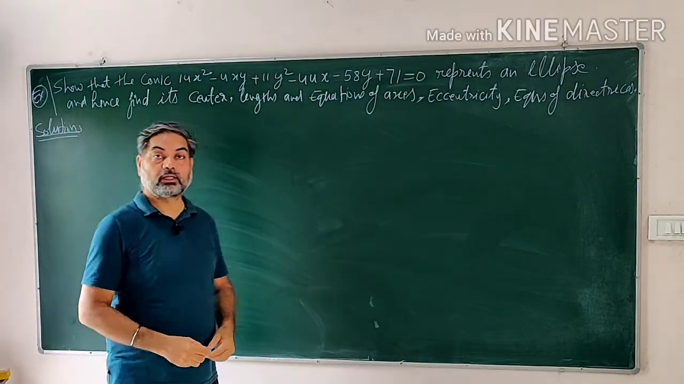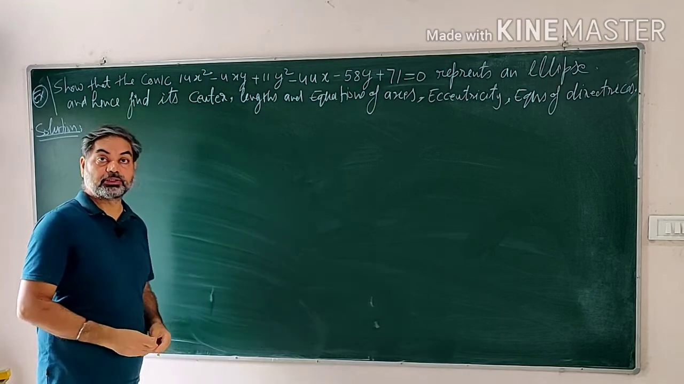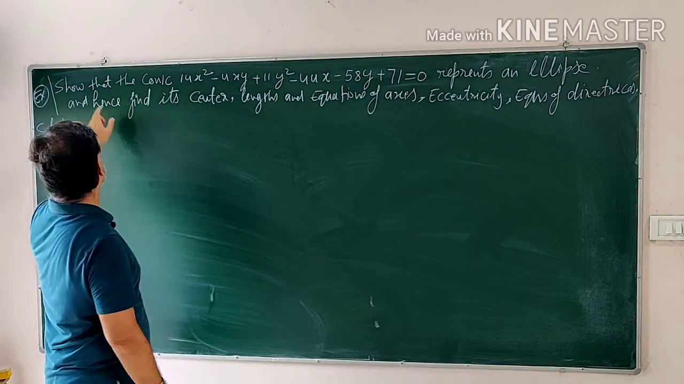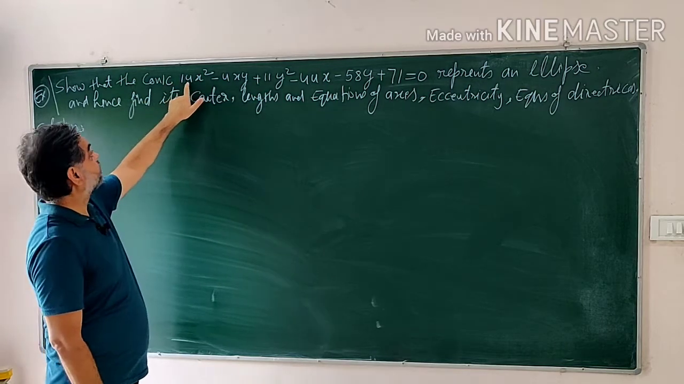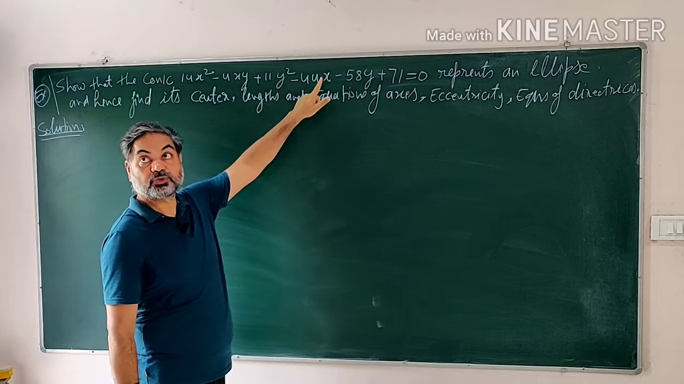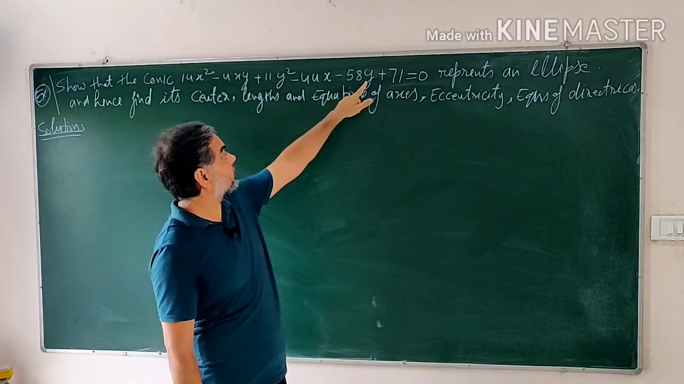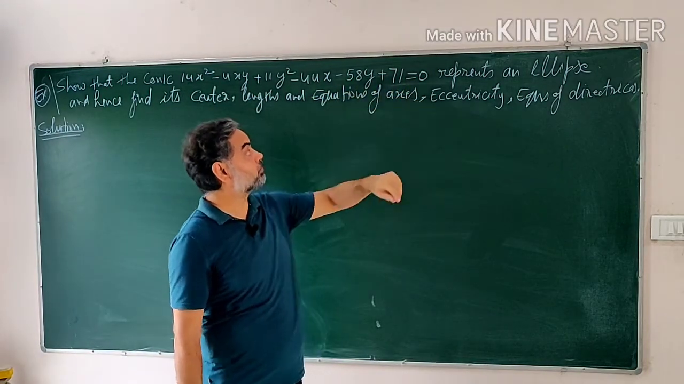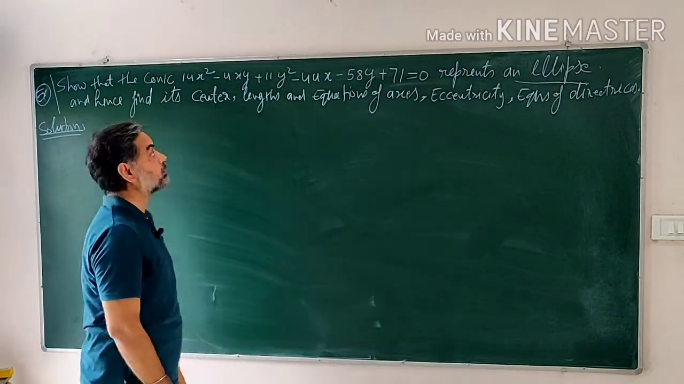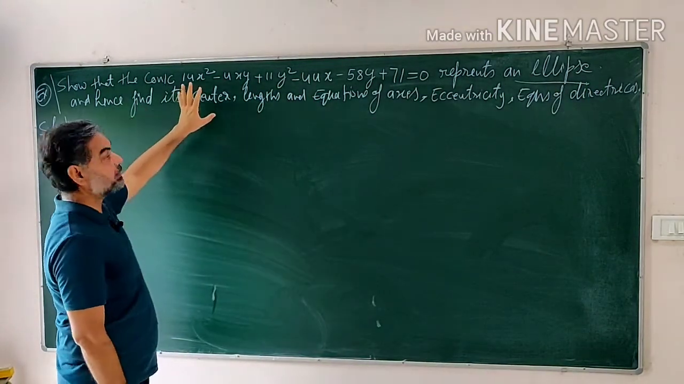Students, this is the question that we will be solving in this lecture. The question is: show that this conic 14x² − 4xy + 11y² − 44x − 58y + 71 = 0 represents an ellipse. We have to show that this equation represents an ellipse, and also we have to find the center of the